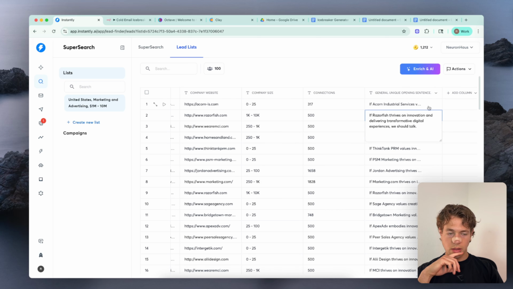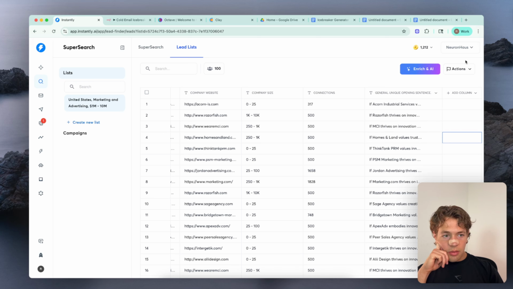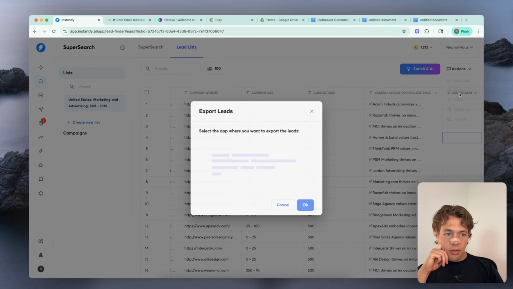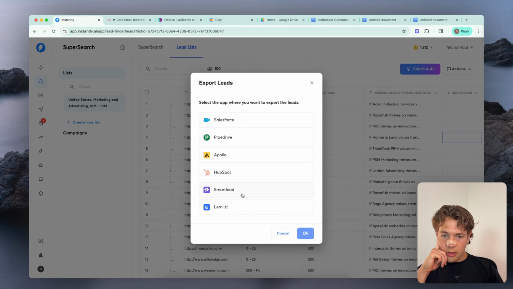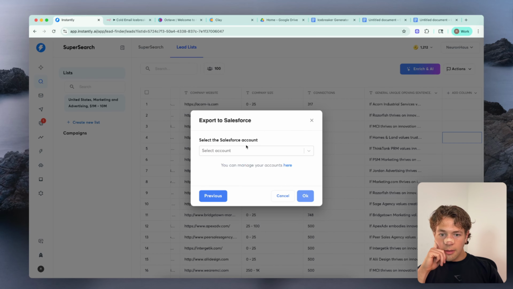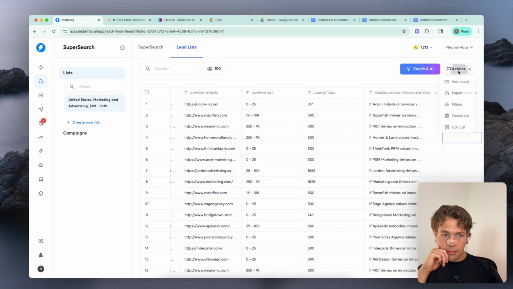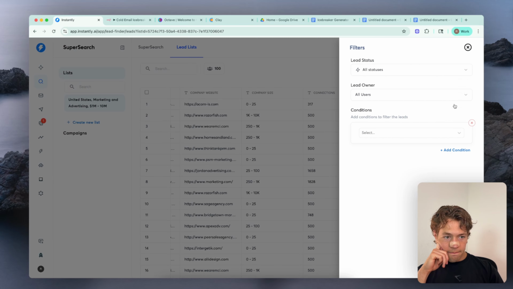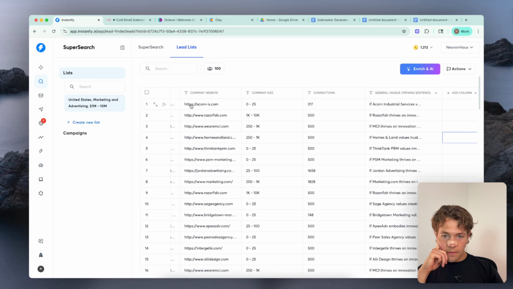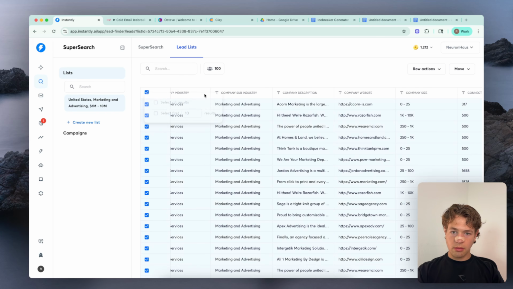Oh, these kind of sucked. I just burned 100 credits for no reason. That blows. I really can't export this to something like Google Sheets. That sucks. I'll just select all, copy, paste.